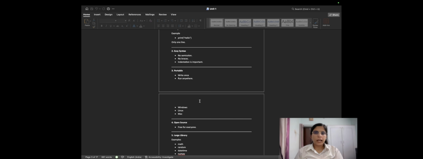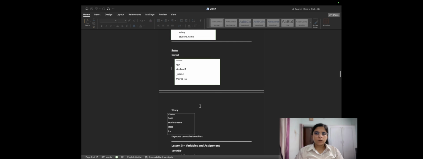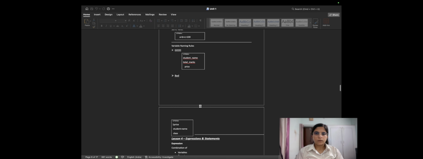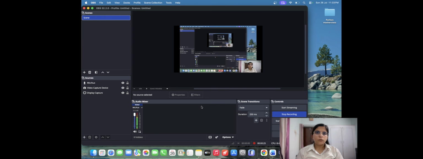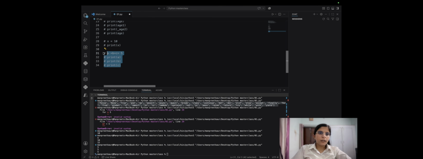Okay, we have done that. Now we are going to continue again with this section. Multiple assignments. After that, we need to learn about variable naming rules. So, what happens if I want to print the name of